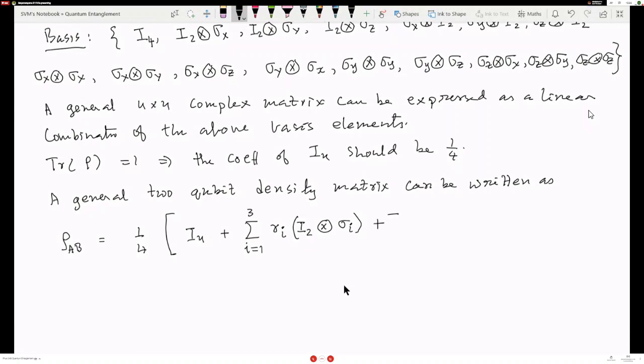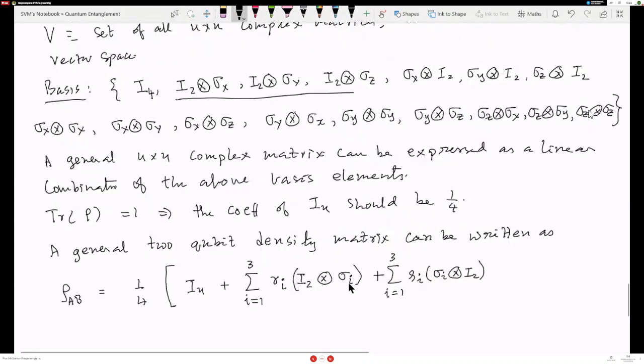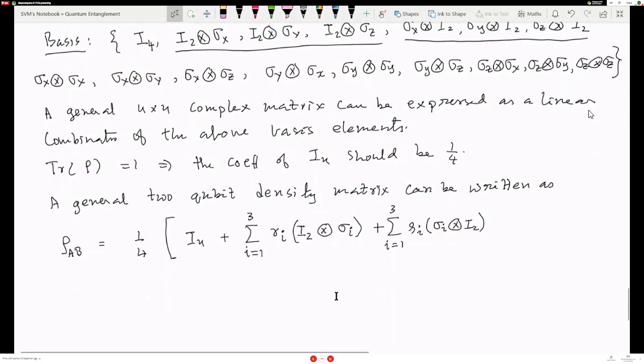Plus sum over i equal to 1 to 3, some Si into sigma i cross identity. That is, in the first summation, I have taken care of all these 3. The second summation, I have taken care of all these 3 matrices. Then we have plus